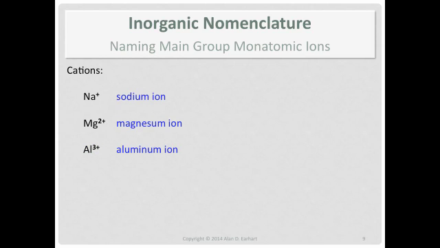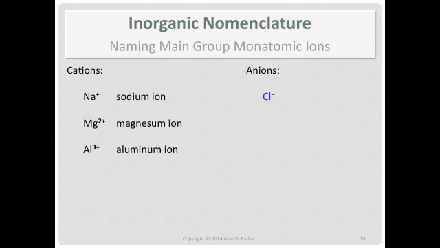So look at these three. The good thing about naming it is the naming convention's the same. The bad thing is, if you flip this around, and if I ask you what's the charge of the magnesium ion, you need to have access to a periodic table. Because you need to be able to say magnesium. Oh, it's a metal, therefore it should be a cation. It's in 2A, so the charge is 2+. So the name of the ion does not tell you the charge on it. You are expected to be able to figure that out yourself.